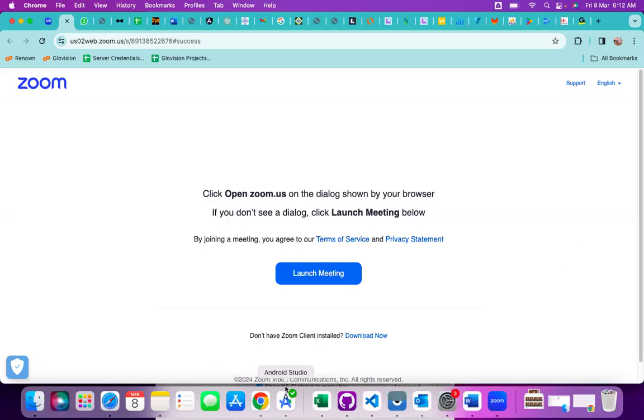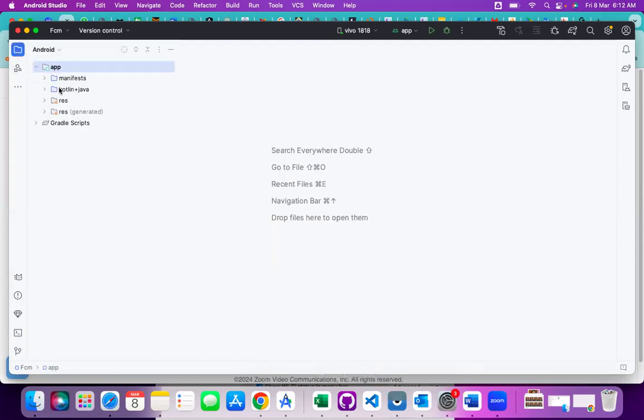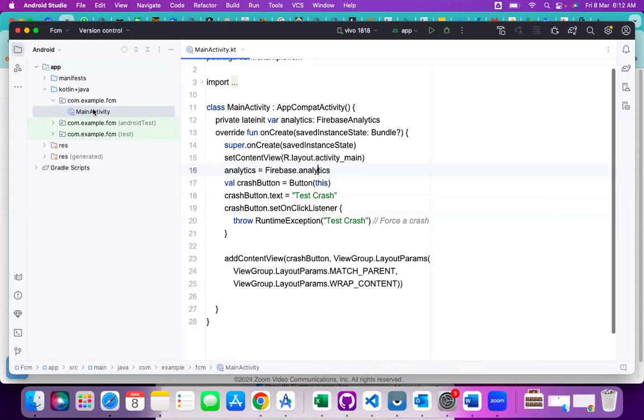Yeah, hi, good morning. So we are discussing Firebase, right? In Firebase, we added two things: Crash Analytics and normal Analytics. So the next we are supposed to add